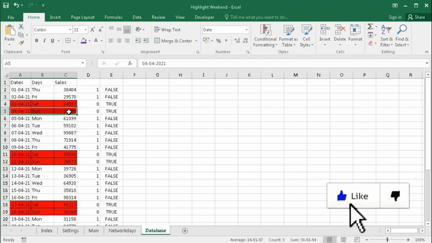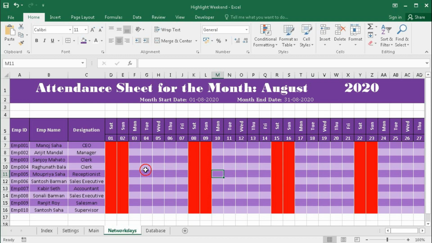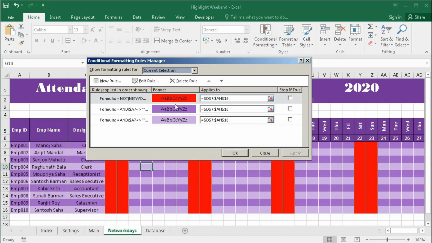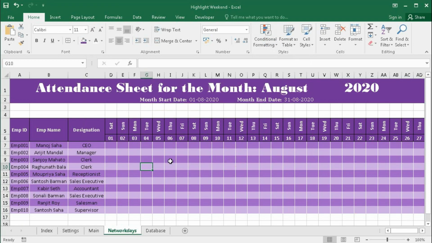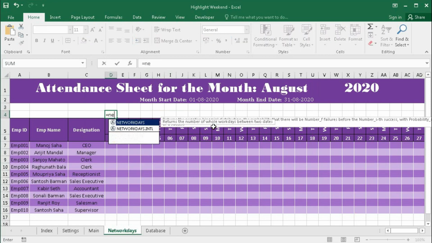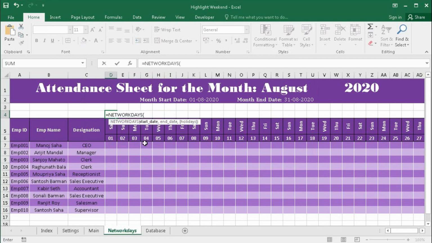The same formula can be used in an attendance sheet. Let's work with the attendance sheet. Here we have the attendance sheet. So first delete these conditional formattings. So we do not have any weekend conditional formatting. Now we will try it with a helper row. First equal to NETWORKDAYS, start date is this one, and we will lock the row number, not the column.